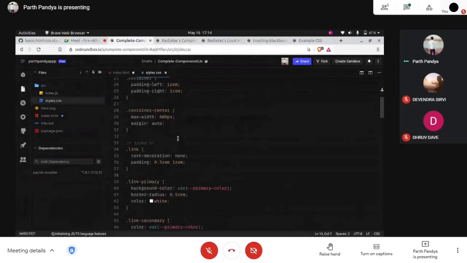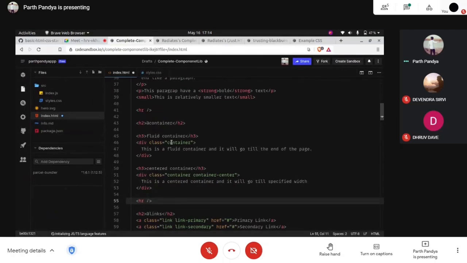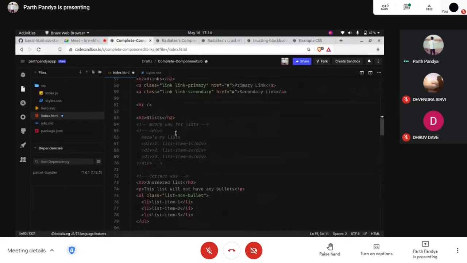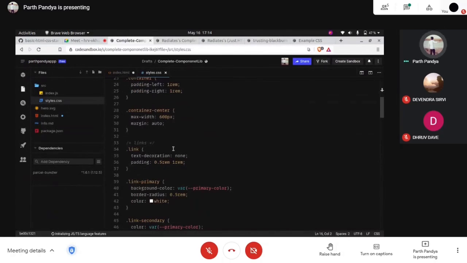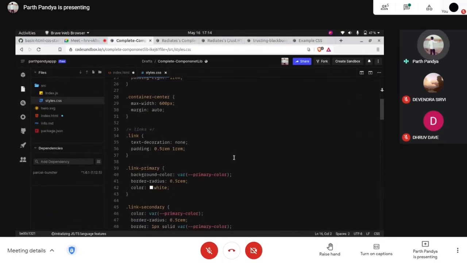Okay, so let's move to links now. So these are links. Here also you can see we have used different properties. So why do we do that? We have primary links and we have secondary links, but above all of them we have link. Link in particular has its own behavior. What we want as common things, we can write in its parent style. This is called the parent style, and this is the child style. These are the link styles.